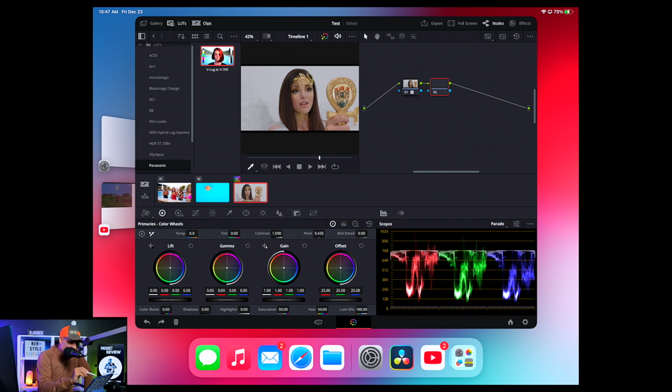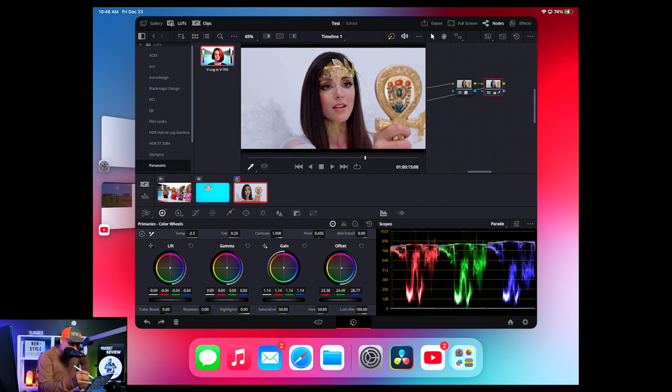Let's see how I do that here. Okay, I got another node, and looking at my scopes right here, I can see that I need to drop my something like that, and even the color temperature seems to be a bit off,